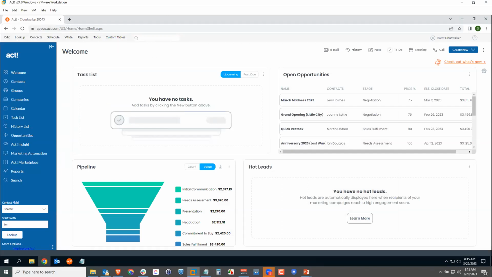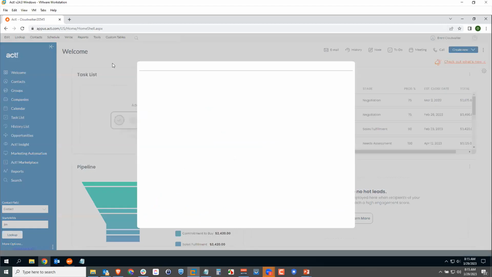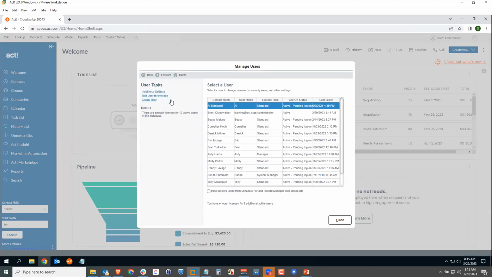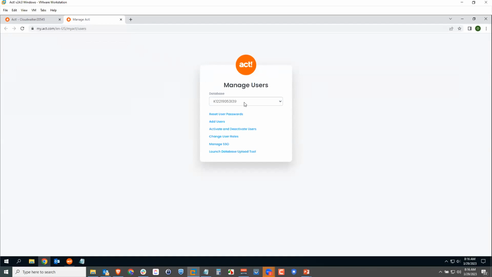Well, first of all, let me show you how to access the user roles area if you're on Act Premium Cloud. If you're on Cloud, what you'll need to do is go to your tools area. And again, you're going to click Manage Users. You're going to see a little bit of a different screen than if you were on the desktop. So what you'll do here is you'll choose a user. And we're going to click Additional Settings at the top. This launches a new tab in your browser window,